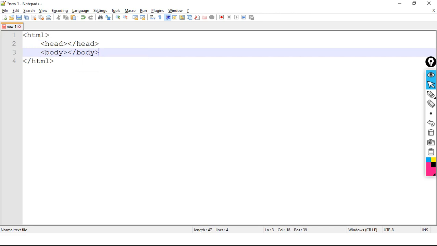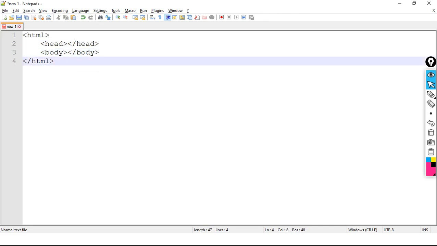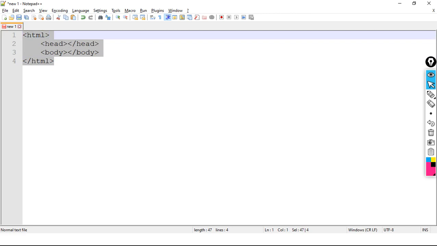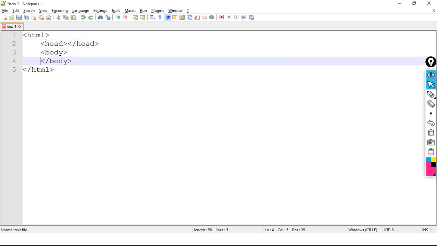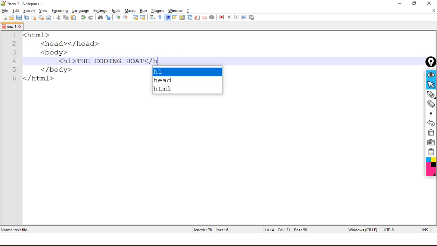So this is normal structure of HTML, or we can say web page. Now what I am doing in body, I want to show some data or I want to represent some data to end user. For that purpose I am making use of h1 element. h1, the coding boat. Closing h1 tag. This is our h1 element, heading element.